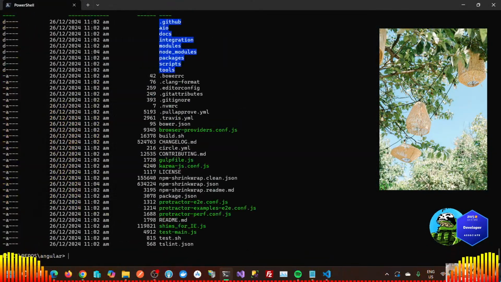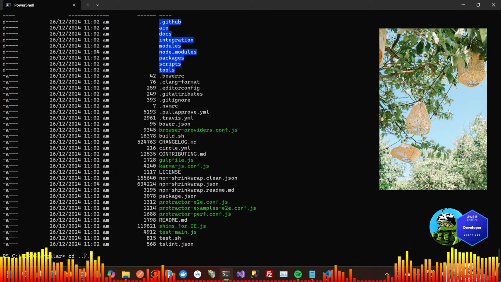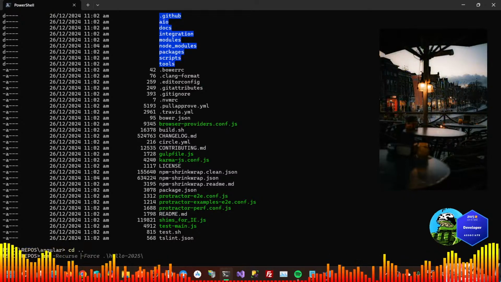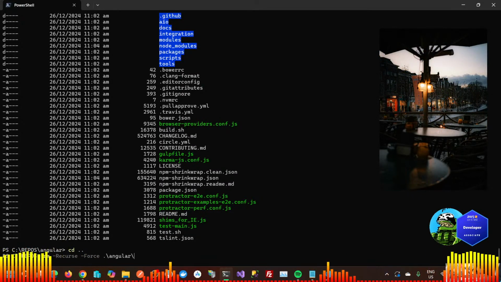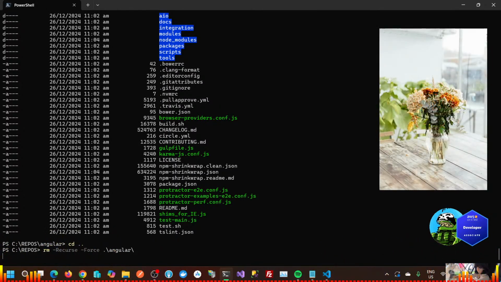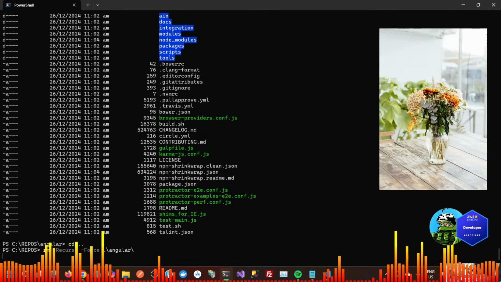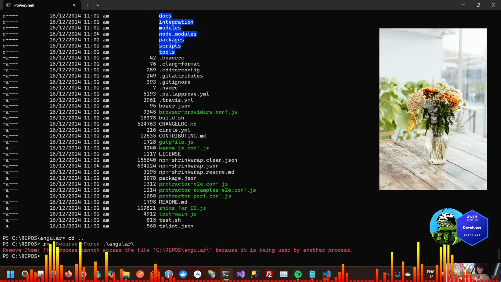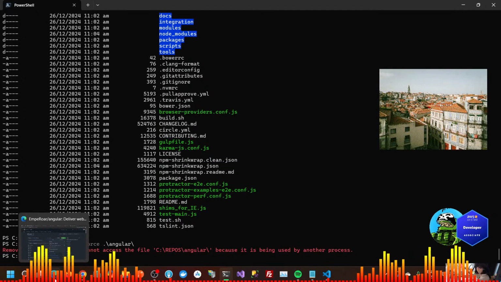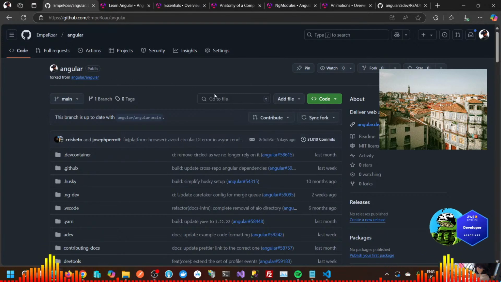Alright, so let's delete this. rm recursive force Angular. So we're going to delete that. No, we don't want.